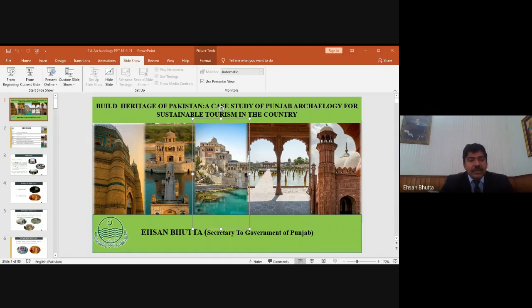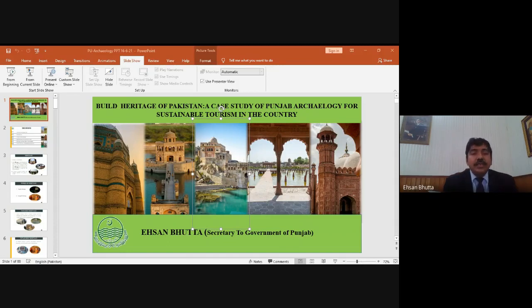And another important thing is legislation and administration. The old laws have been amended so that, according to current practice and the UNESCO guidelines, it should be in line with that law. Now coming to which kind of departments are there